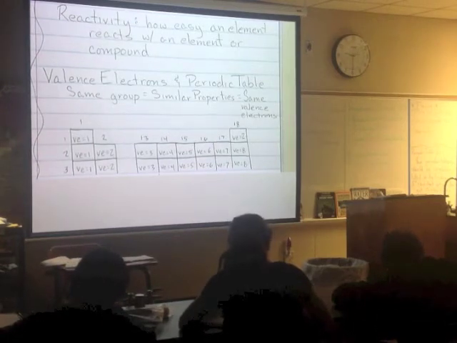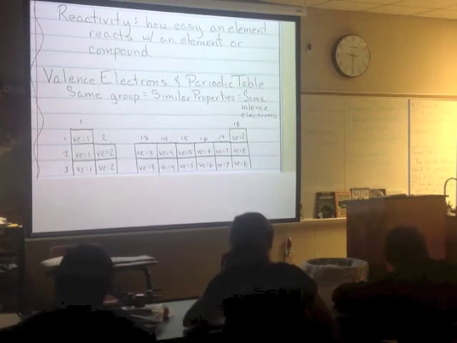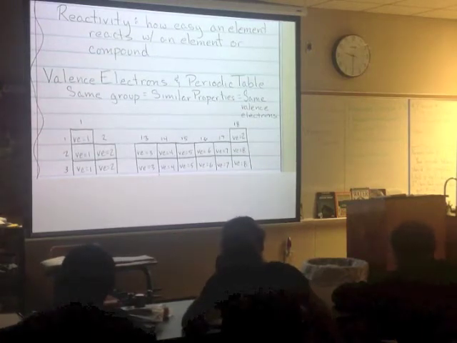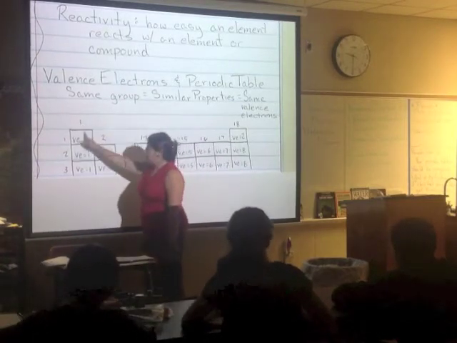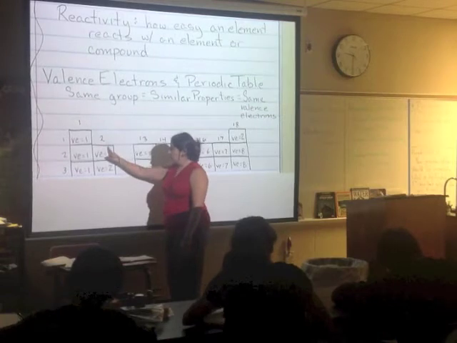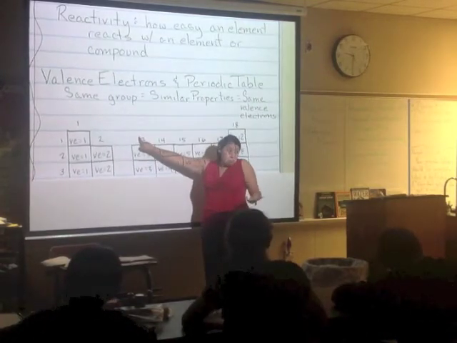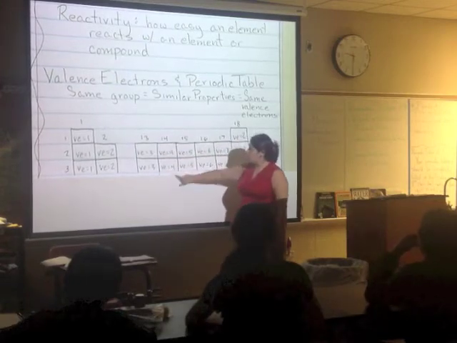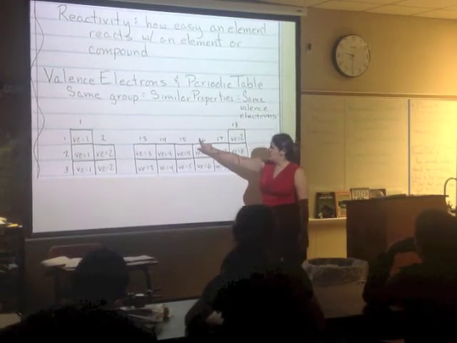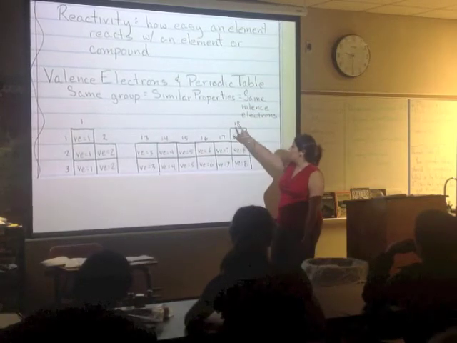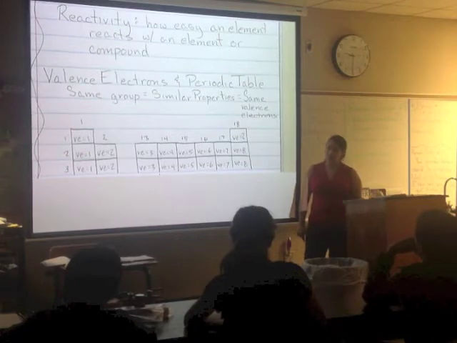Each one, there's 4 valence electrons. Group 2, there's 2. 13, there's 3, 4, 5, 6. Okay, very good. So, if you look, group 1 is 1. Group 2 is 2. Group 13, if you take that 1 off, it's 3. Group 14, take the 1 off, it's 4. 15, 5, 16, 6, 17, 7, 18, 8, except for